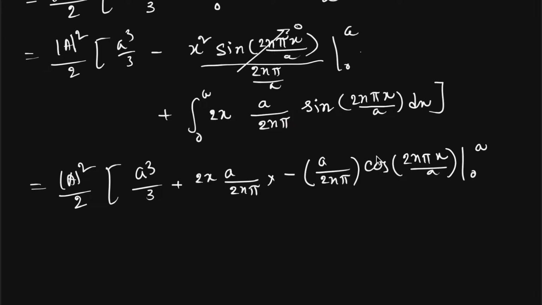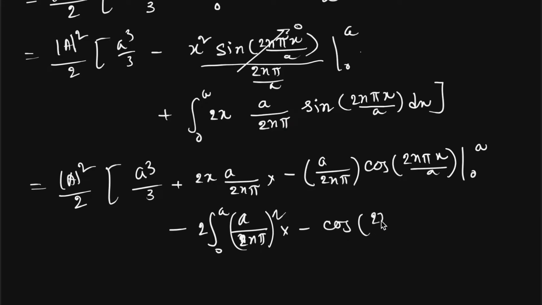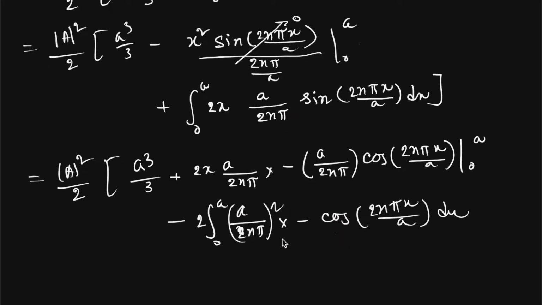This function will not be 0, and again minus the integral from 0 to a, this will be 2, differentiation of x will be 1, and (a by 2nπ) squared times minus cos of 2nπx/a dx. This integration again is only the integration of cos(2nπx/a), which will be 0,